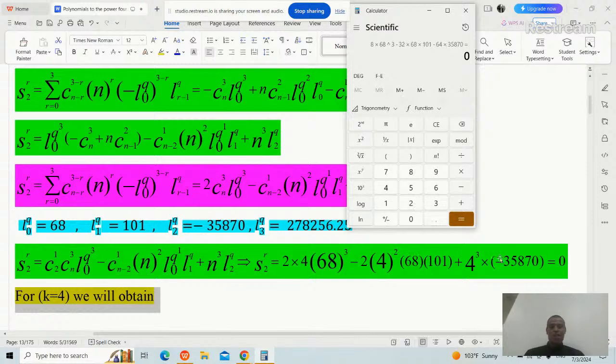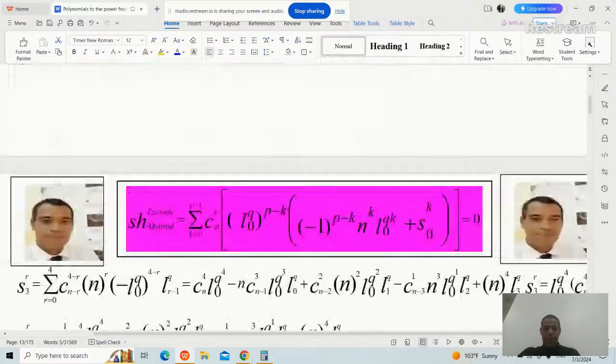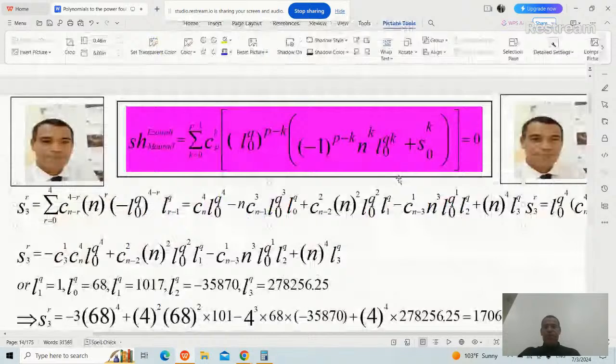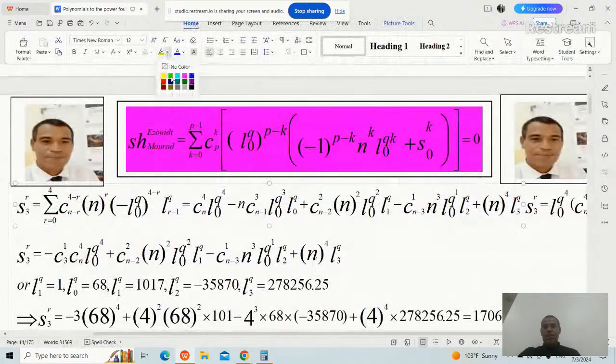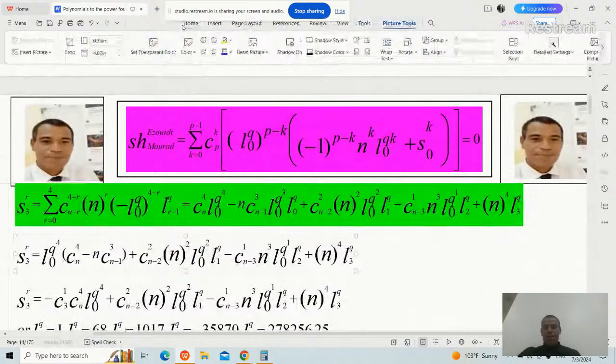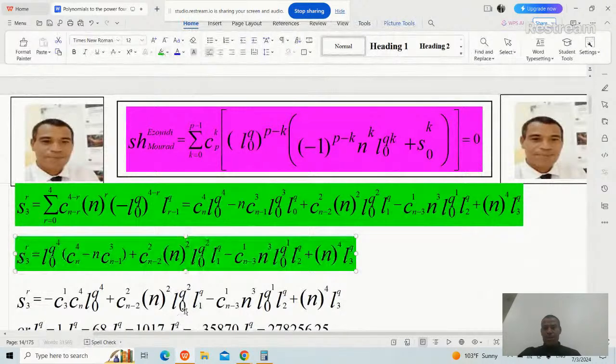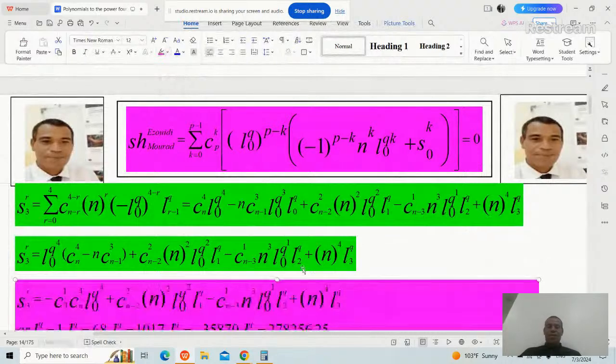Okay, now I'm going to focus on k equal 4 to get the last coefficient of my new polynomial equation. I'll just proceed, learners. I will put k equals 0 in my equation. Then I will focus on the last one. Okay, I will use another color. Therefore, learners, when k equals 3,